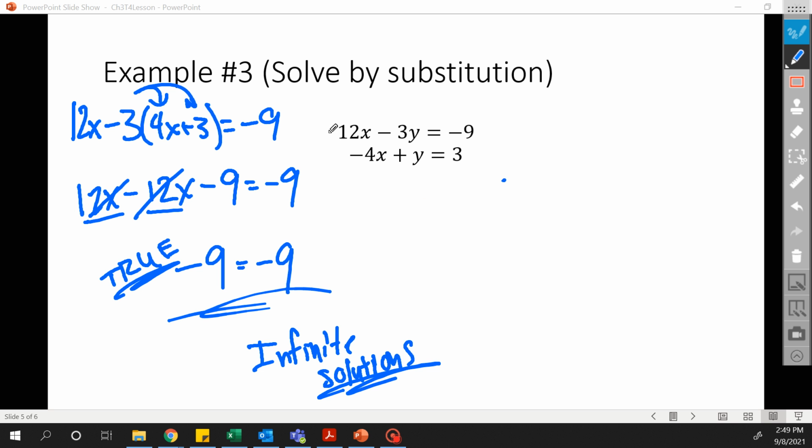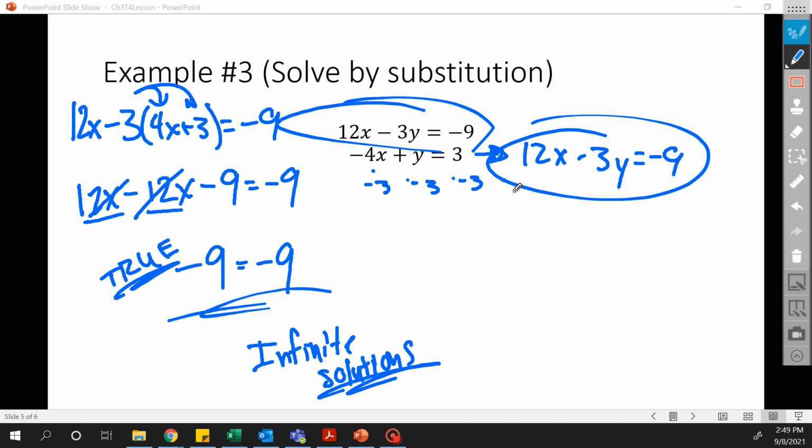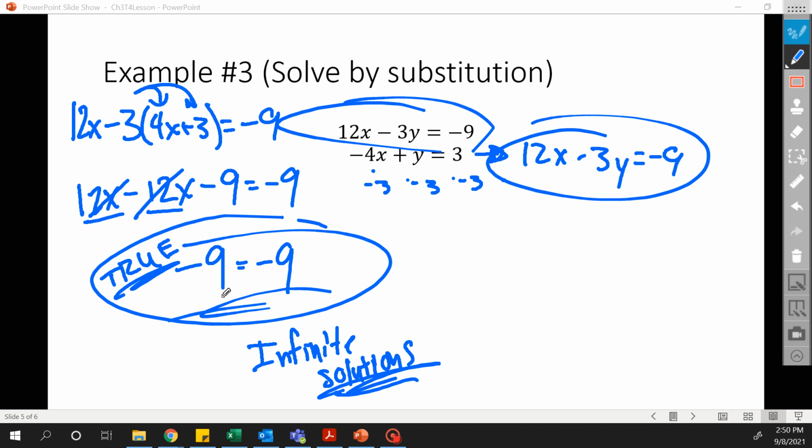These are the same lines. If you multiply the second line by negative 3, you get 12x minus 3y equals negative 9. You get the exact same thing as the first line. So these are the exact same line. So they have infinite solutions. Every ordered pair for the first system is a solution to the second system. They are the same line. So they have infinite solutions. This happens when you get a true statement during the solving process. What this is saying is that the left side,